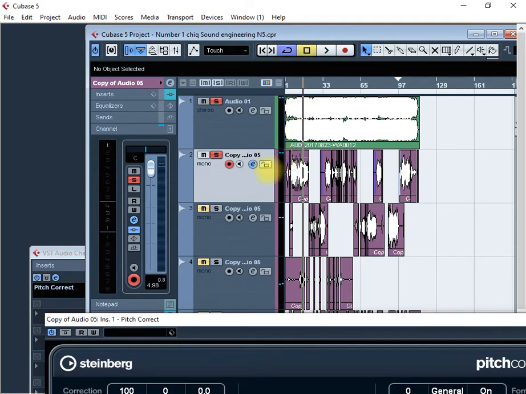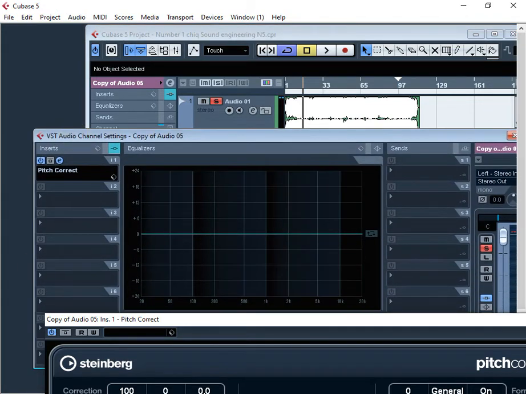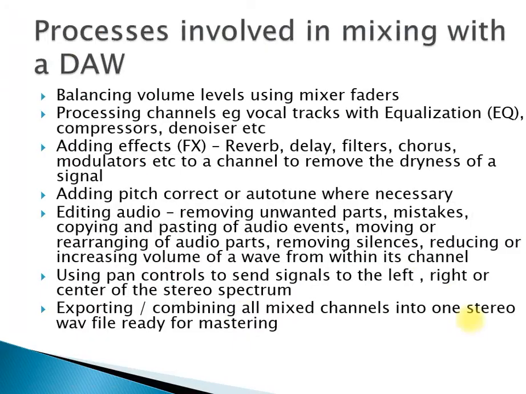All right, so already you can hear the difference with just one plug-in. I just put one plug-in. That's the pitch shift or the pitch correct plug-in. Right. Moving on to the next thing that you can do when you want